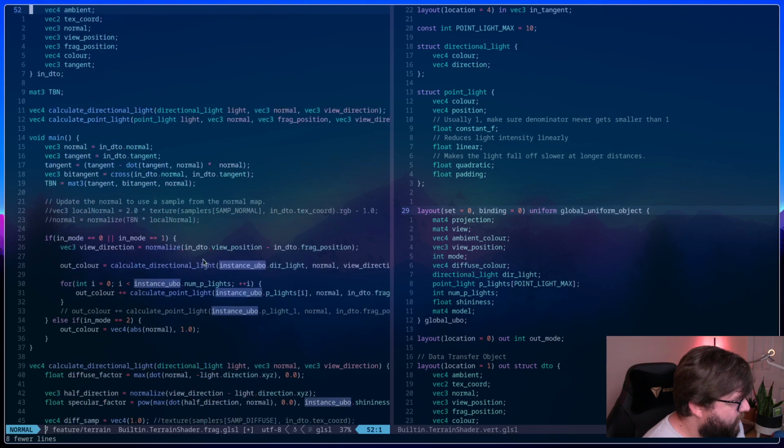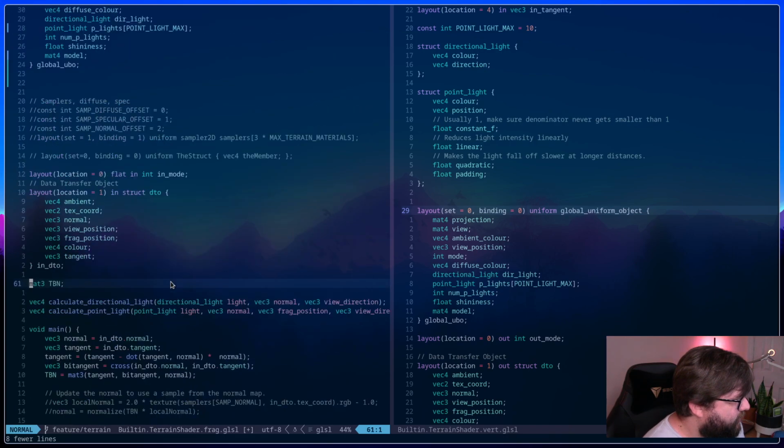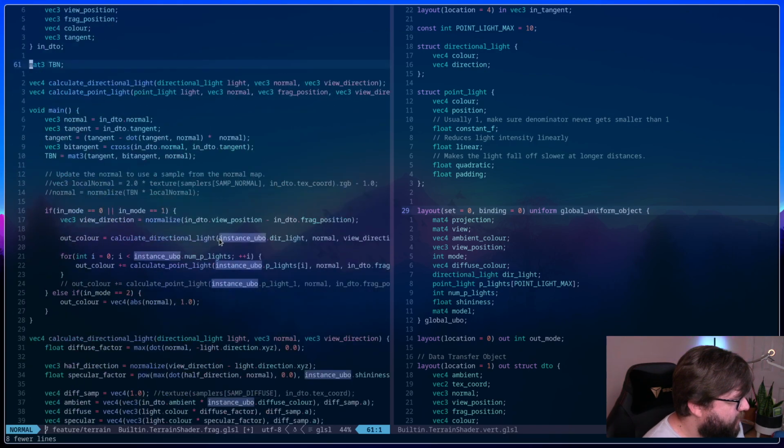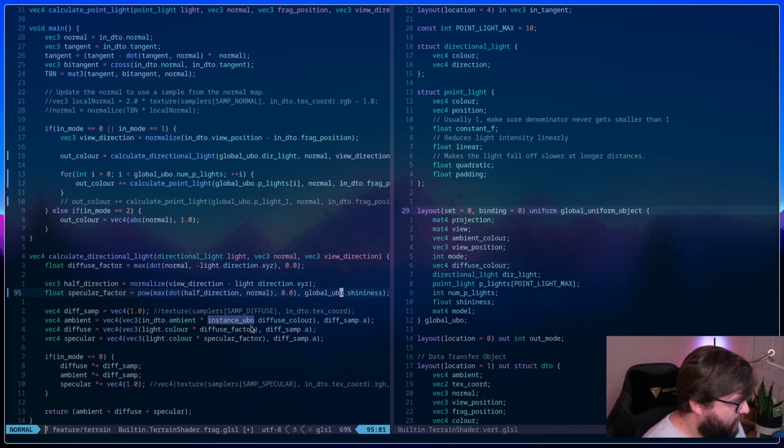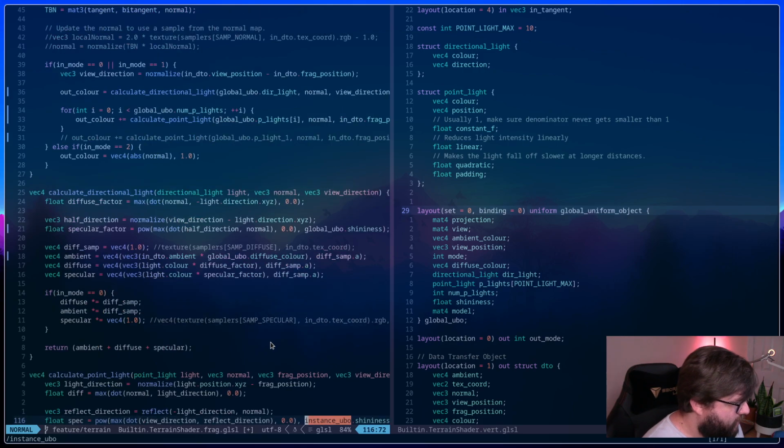Okay, so basically I just need to change all these instance UBOs to global. So global UBO. Just do that there, there, there, there, there, and there.